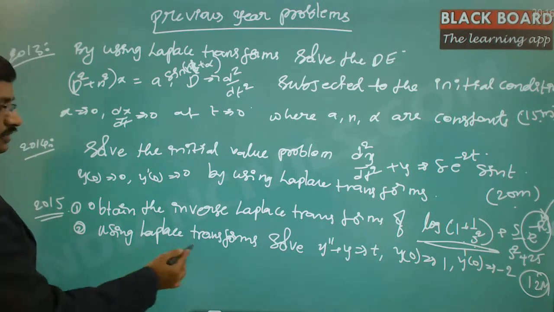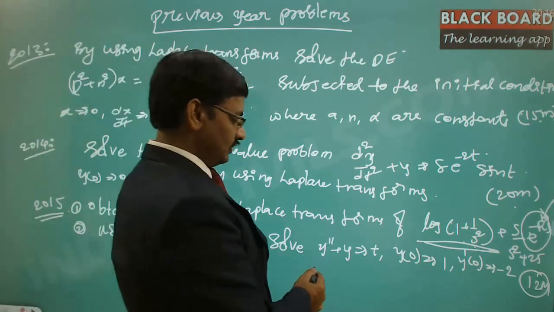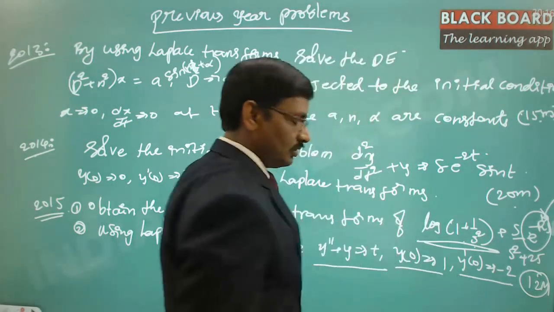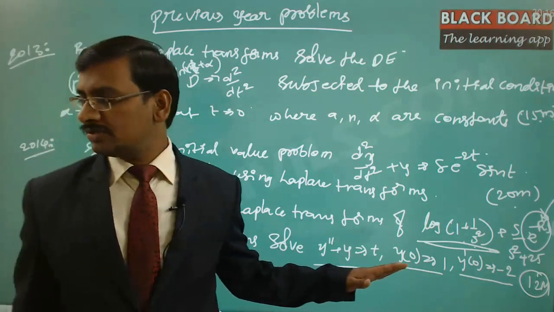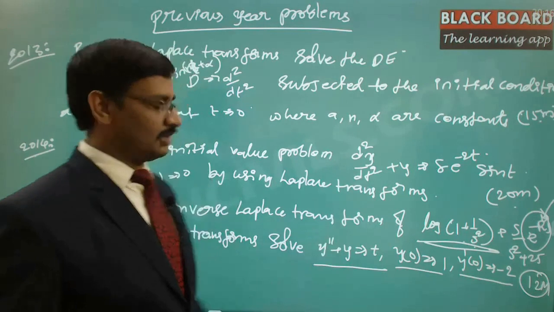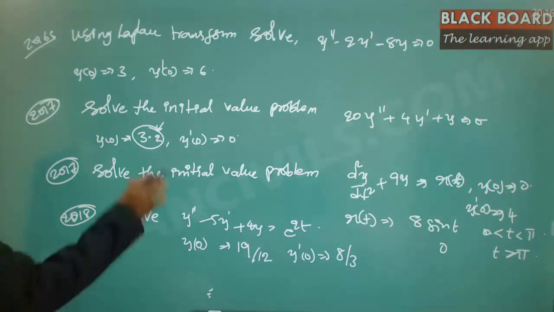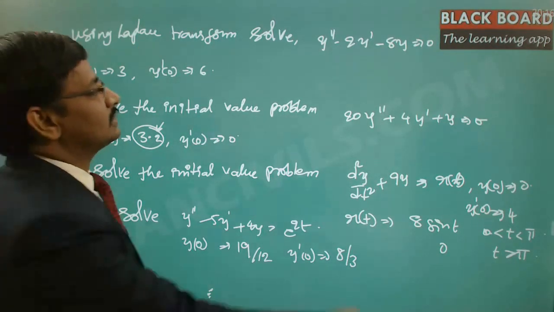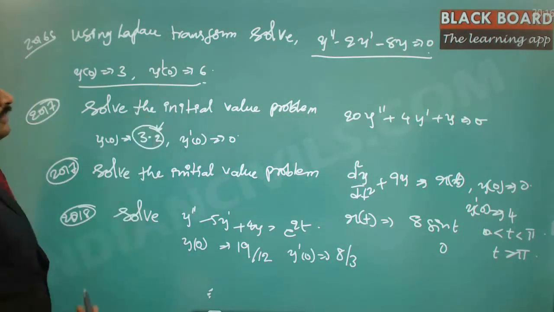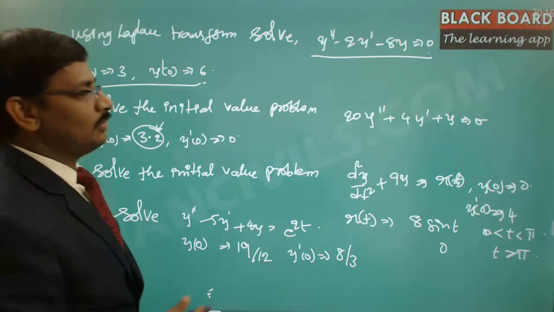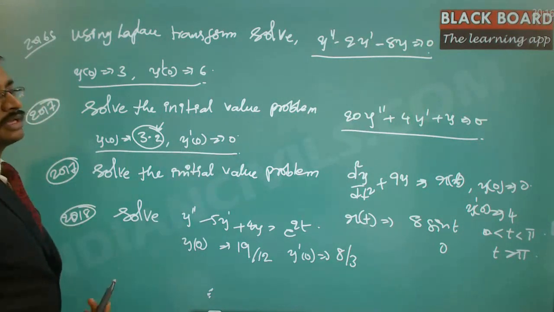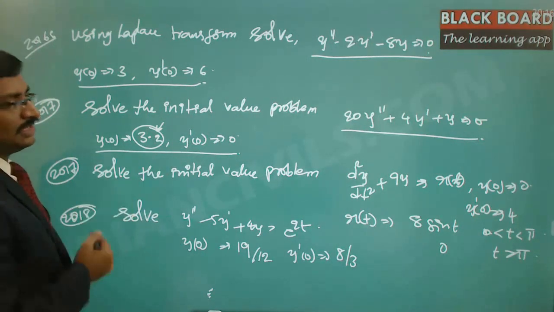And then the next one. Sorry, this is done. Using the Laplace transform method, find the solution for y double dash plus y is equal to t, where y of 0 is equal to 1 and y dash of 0 is equal to minus 2. And this model is exactly the same model that we have solved. Most of the models are exactly the same thing. And even here, using Laplace transform, solve this differential equation. This is also the same model and the initial conditions were given, right? And again, solve the initial value problem. This is also exactly the same model and there is no difference. So again we have solved this model. And solve the initial value problem.